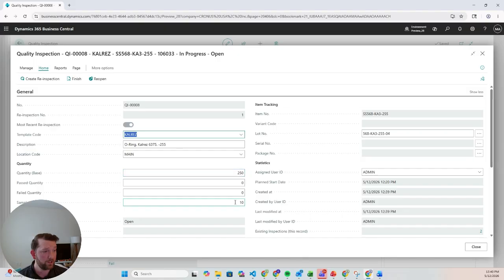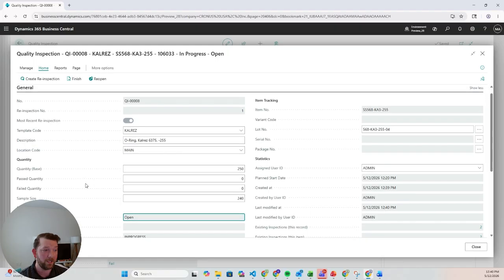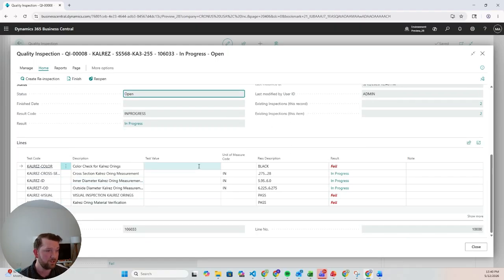Here I have my base quantity of 250. Now I'm just going to say sample size. We're going to inspect the remainder of those 240 because these O-rings are important. We need them for orders, so we're going to inspect the rest of them. Now I'm going to say